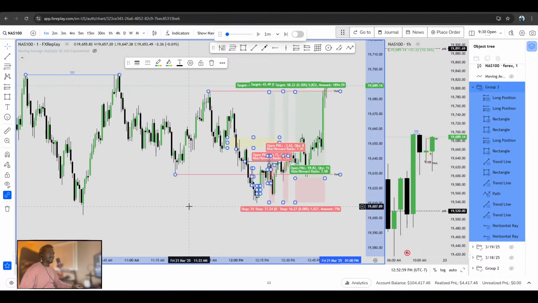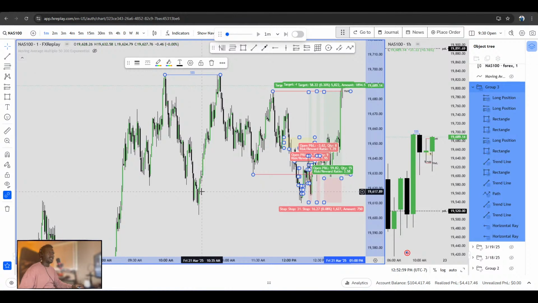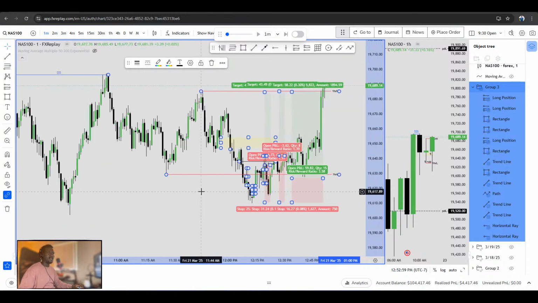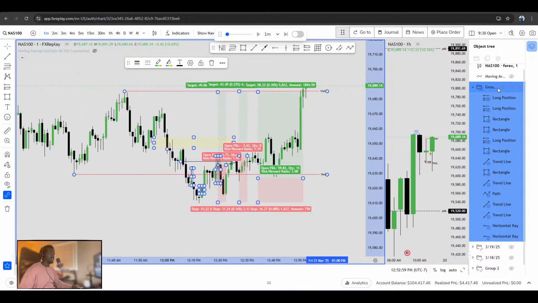Did we skip the 20th? Looks like it. Friday the 21st. 1, 2, 3. Looks like we skipped the 20th. That's okay. 3/21/25,